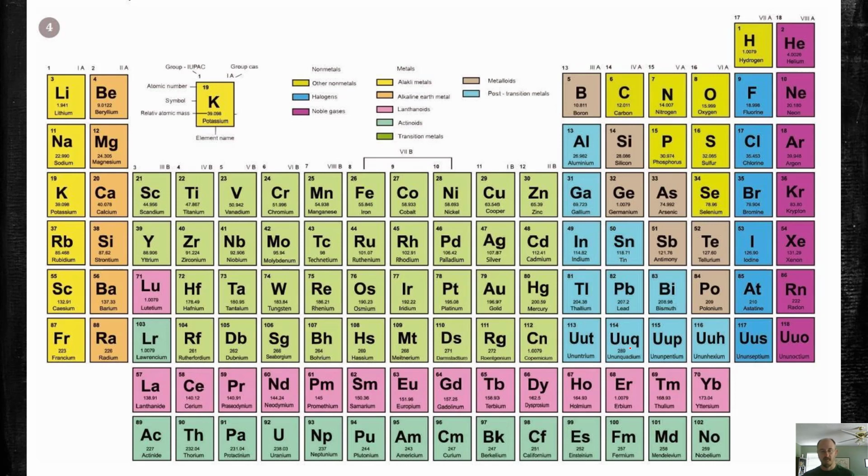And I bet a lot of you are familiar with the periodic table of elements. A lot of information on there. But if we look at just one of these, here we have potassium separated out so we can see all the things going on here. This is the symbol for the element. We have the atomic mass listed here, as well as the atomic number listed there. The atomic mass and number are pretty important parts that you should be familiar with. Not that you have to memorize it, I just mean know what they mean, right? You got to know what those mean.